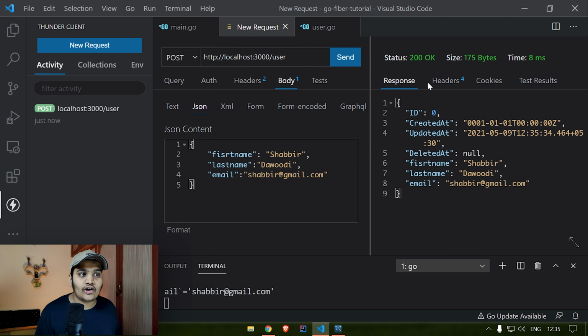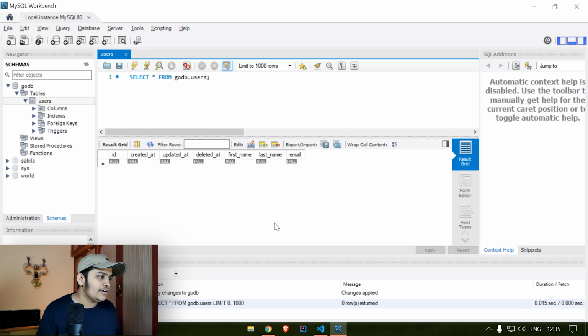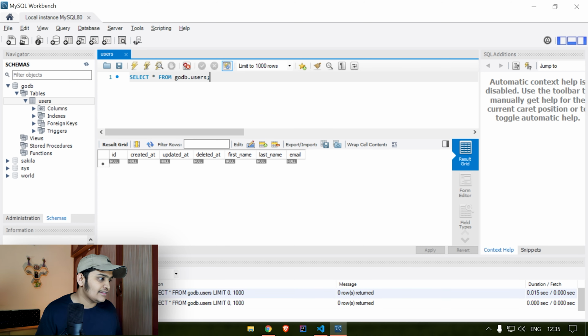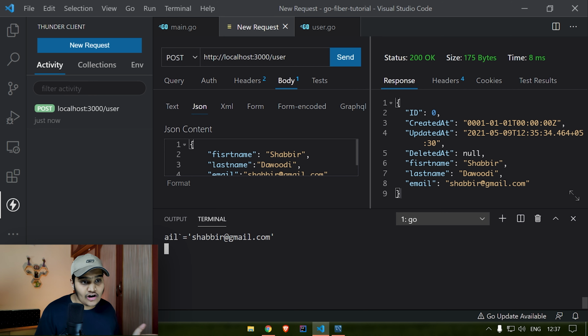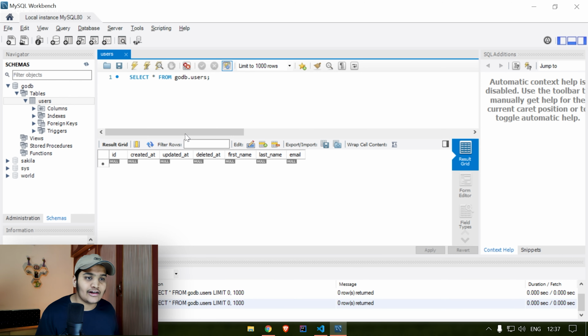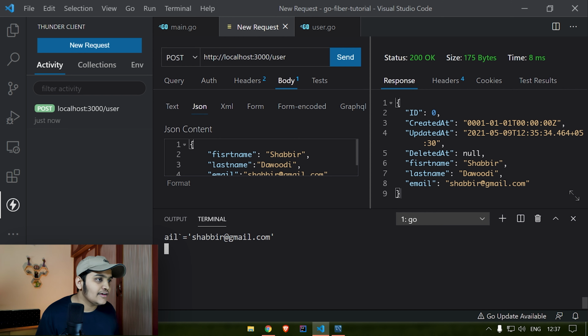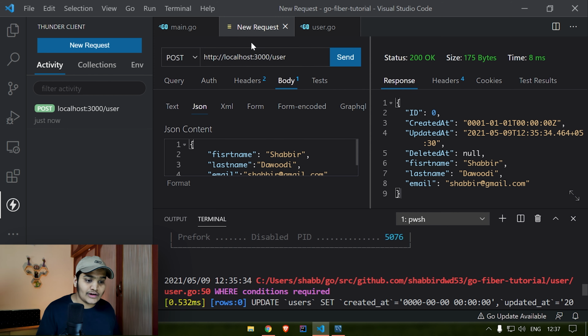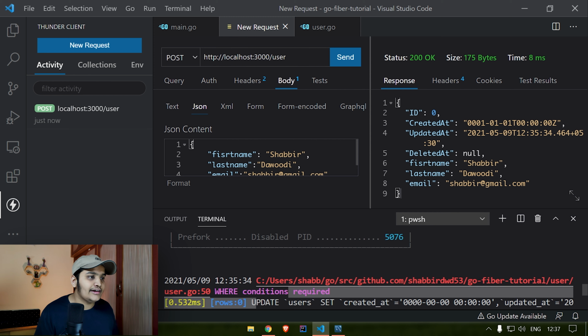So here you can see that I got 200 OK over here, and data is saved, and I got the data back as well. So let's go to the MySQL over here and let's hit the date. Here you can see that we got the 200 status OK over here, but we are not able to save the data over here because we did the mistake over here. So let me just close this server over here. So here you can see that the update query was executed. So I did the mistake.